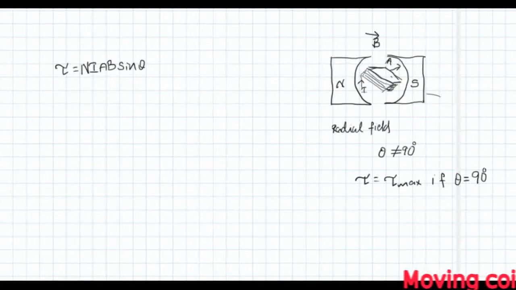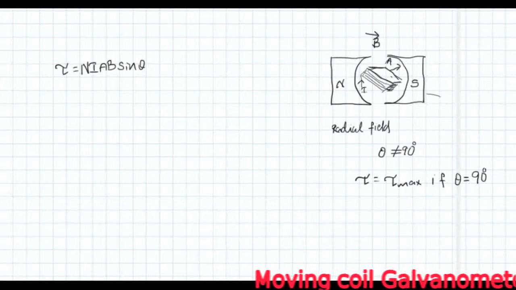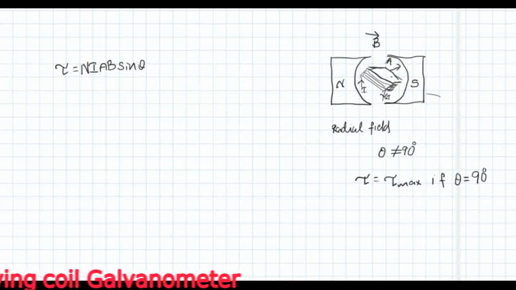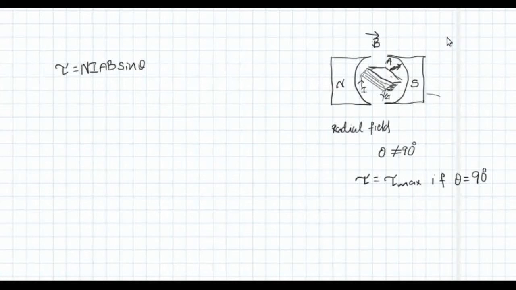Now because of the torque, the coil rotates, and suppose this is the new position of the coil. Now the direction of the area vector has changed, right? But still there will be a magnetic field perpendicular to this area vector. So from this point the magnetic field is passing through the center, and so this is the direction of B now, and now this B is perpendicular to this area vector, right? So now also we can see that the angle between A and B is 90 degree.